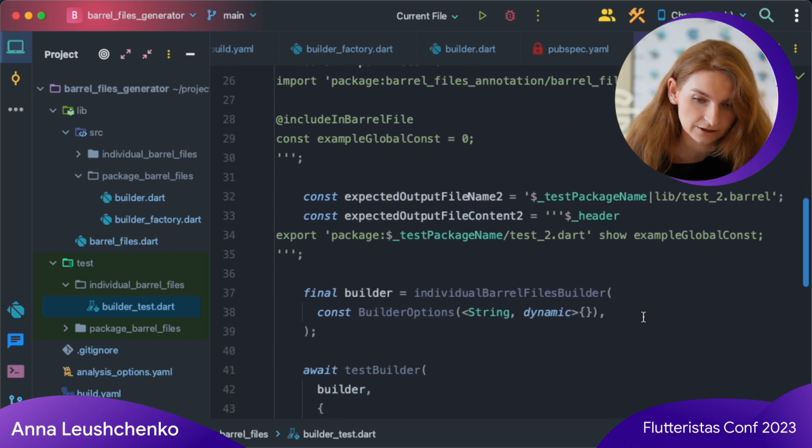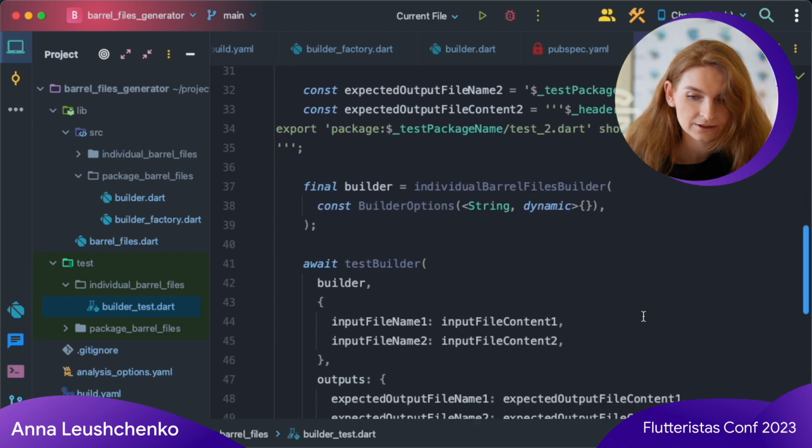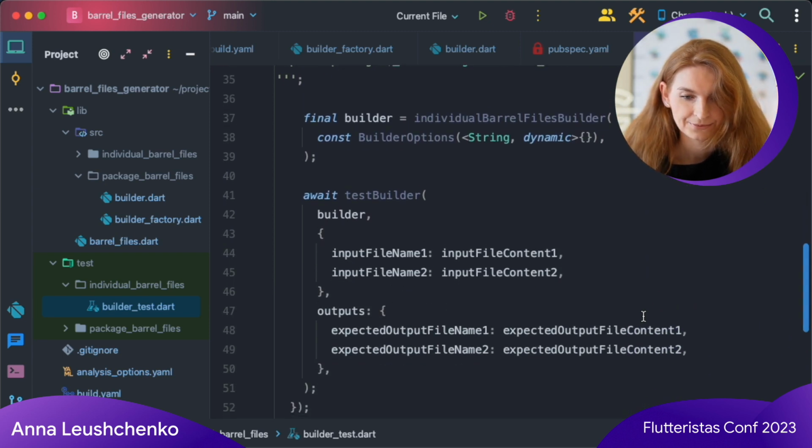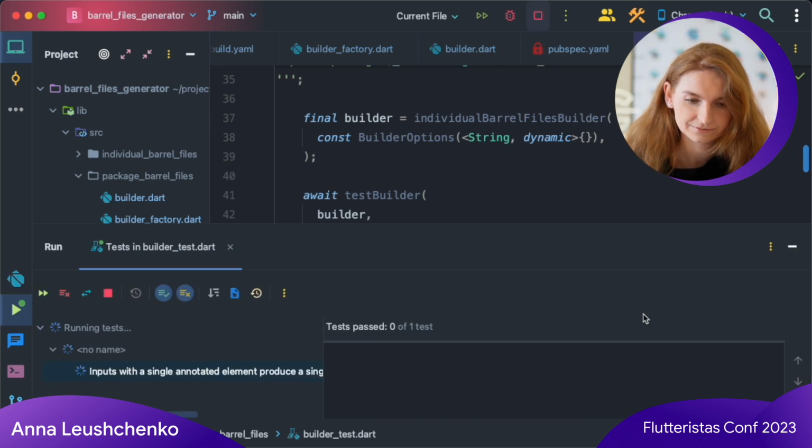So next I create a builder by calling the same factory function that is declared in the build YAML file and call a test builder function. It accepts my builder, the map of file names and contents which represents a builder input, and then a similar map with expected outputs. Let's run this test.